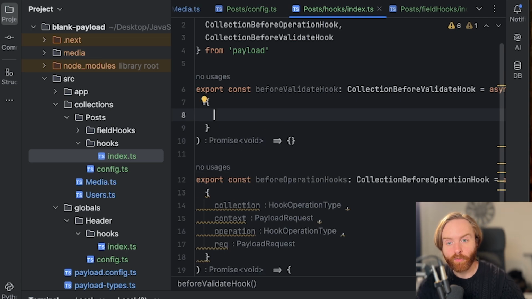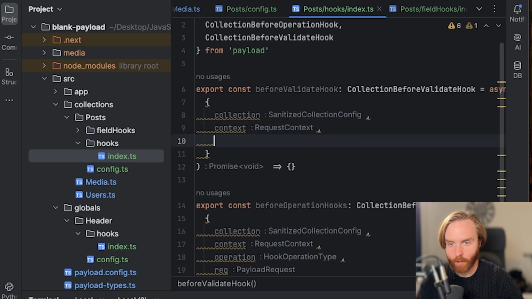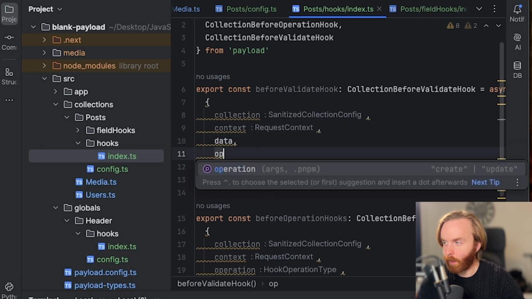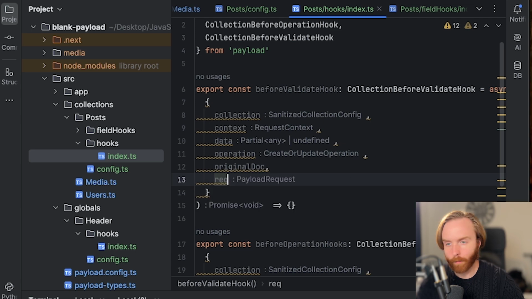This hook runs before the create and update operations, so you can add or format data before validating it on the server side. This doesn't work with client-side validation if you used the validate function, so keep that in mind before using this hook. We have access to collection, context, data, operation, original doc, and the req object for this